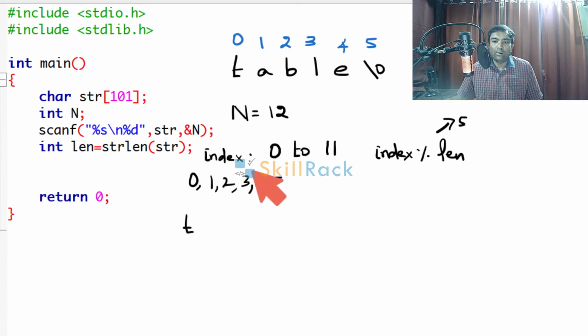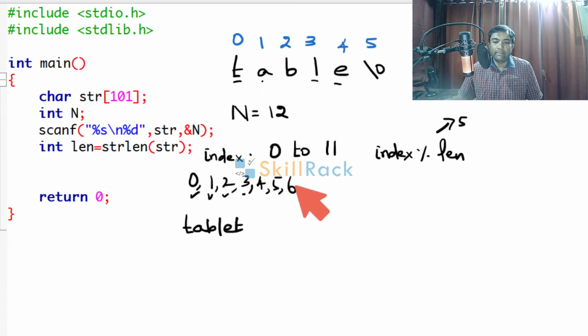When the index is 1, 1 modulo 5 is 1, so A is printed. When it is 2, B is printed. When it is 3, L is printed. When it is 4, E is printed. When it becomes 5, 5 modulo 5 is 0, because when 5 is divided by 5, the remainder is 0. So again the 0th index, T, is printed.